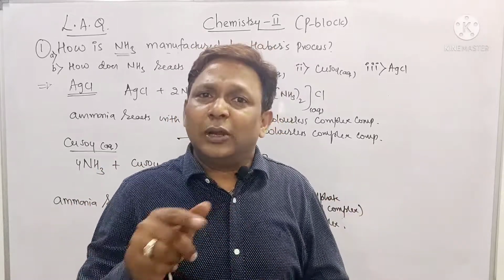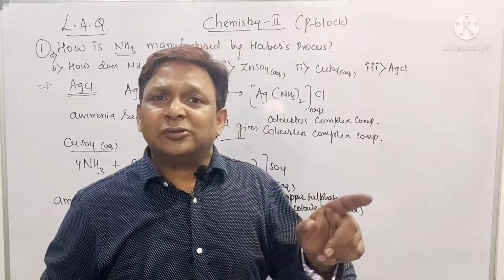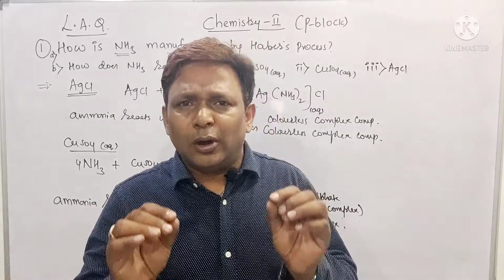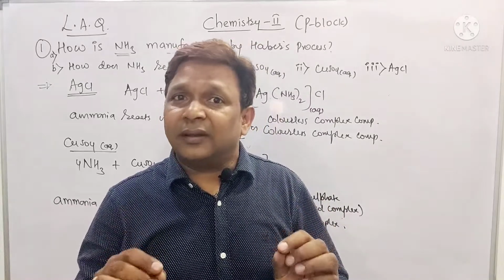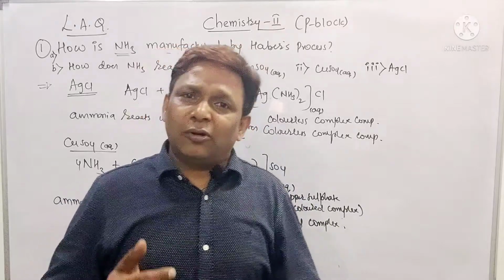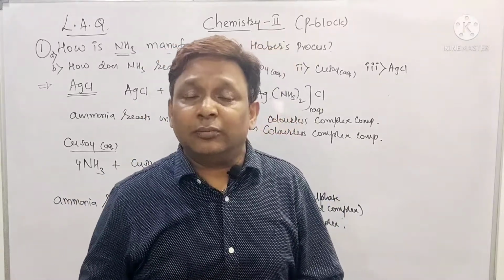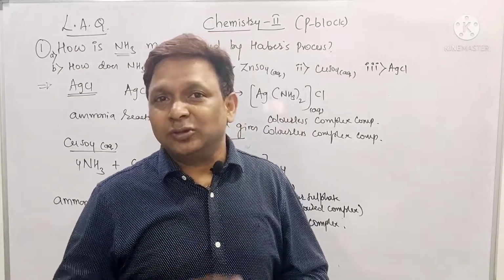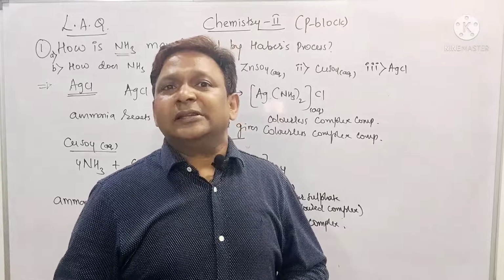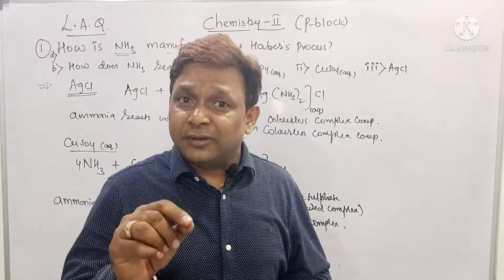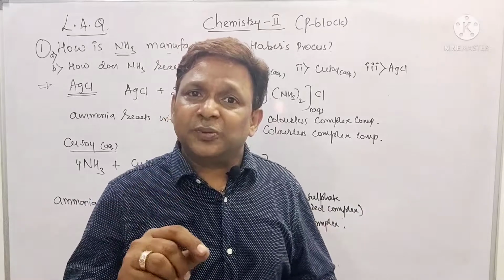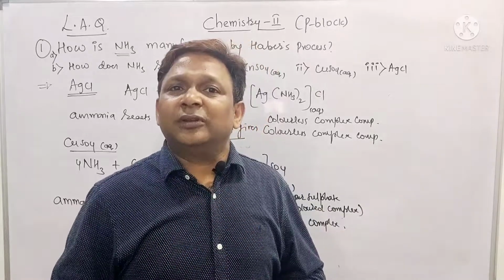Over. According to Le Chatelier principle, beta, for all exothermic reactions, all exothermic reactions must occur at low temperature. Point number 2, decrease in volume. According to Le Chatelier principle, decrease in volume must take place at high pressure. So you got 2 factors, one is temperature, one is pressure. What is the temperature you got, beta? Temperature must be 725 to 775 Kelvin. Pressure must be 200 to 300 atmospheric pressure.